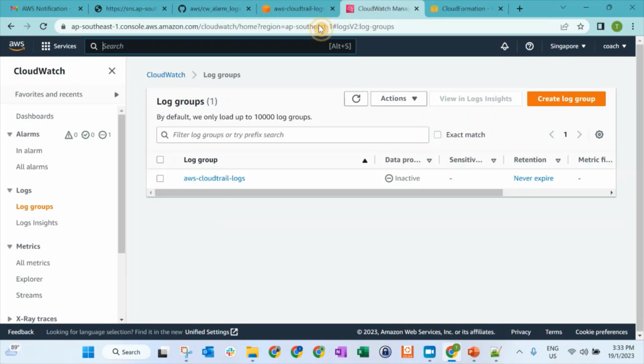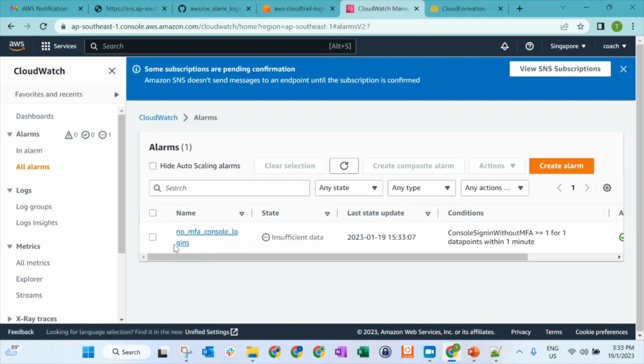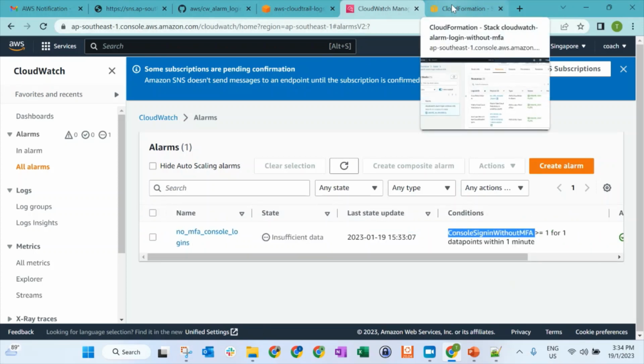If you go back to your CloudWatch and see all alarms, there is a new alarm created, and it is checking the condition. If any console sign-in without MFA is detected, then it will trigger the alarm, and the alarm triggers the SNS and sends the email to us. Okay,